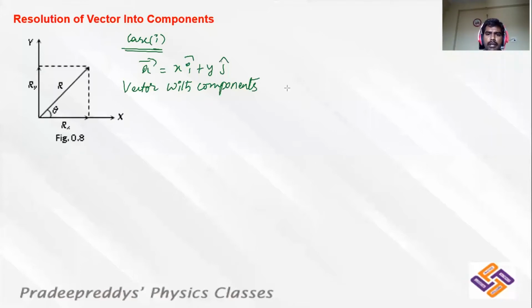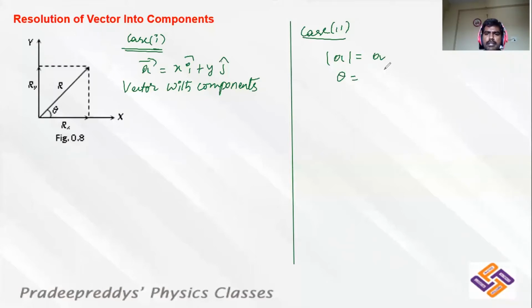Now there is the other way you can represent a vector, just like how we have seen it. That is case 2, where a magnitude will be given to you, like 4 units or 5 units or any number. So generally the magnitude of a, you can take as a itself. So I am taking magnitude of a is equal to a, and the angle considering it as, say, 30 degrees. So there are two ways which you can represent a vector. The one where components will be given to you without magnitude and angle.